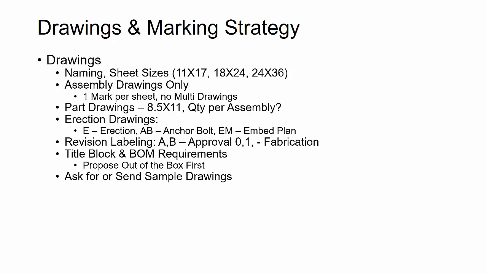Then what we want to make sure we ask is: what are the title block and bill of material requirements? For the out-of-the-box software we use, SDS2 and Tekla, it's handy if we can use as much out-of-the-box as possible, because there are lots of different settings and switches that tie information into the model. So we need to ask right away, hey, can we use one of these styles out of the box? And then just make sure we add their logo, their information, and their project information. And if not,